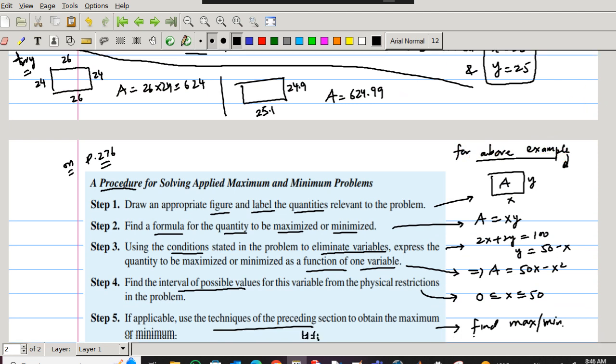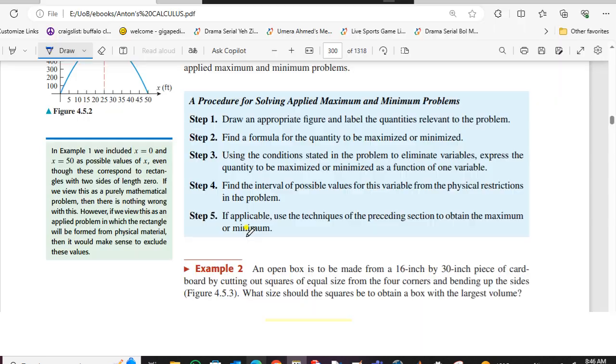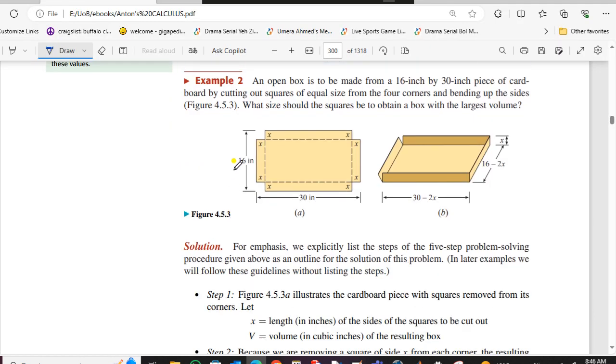So let's try another problem with the same procedure. So he said an open box is to be made